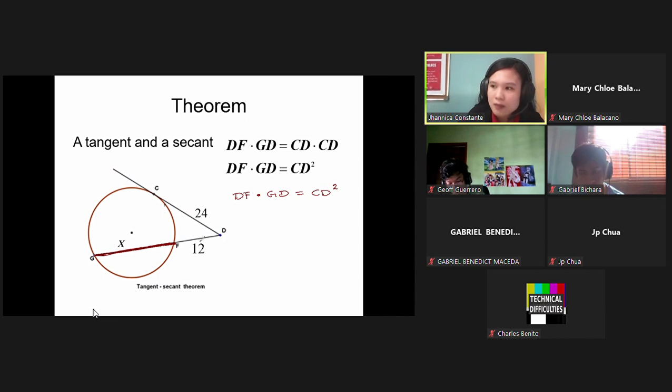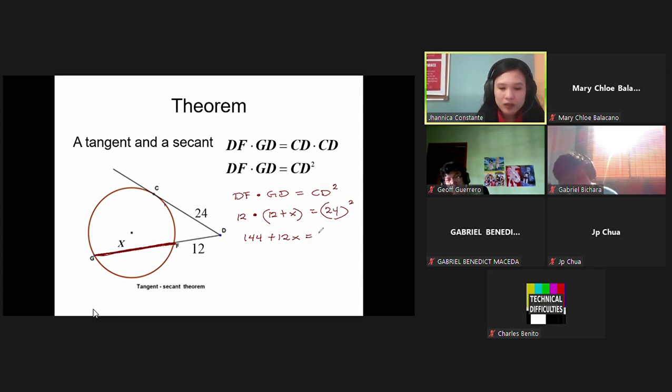So DF has a measurement of 12, multiplied by the measurement of GD, which is 12 plus x, equals the measurement of our tangent, which is 24 squared. So 12 times 12 is equal to 144. So we have 144 plus 12x equals 24 squared, which is equal to